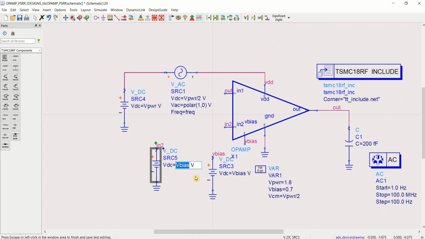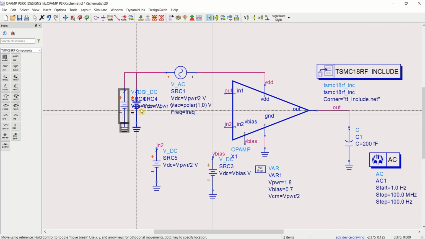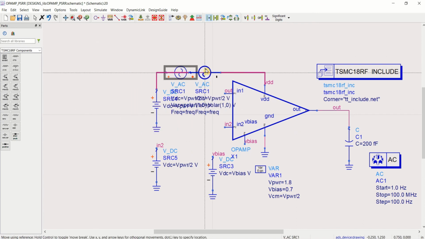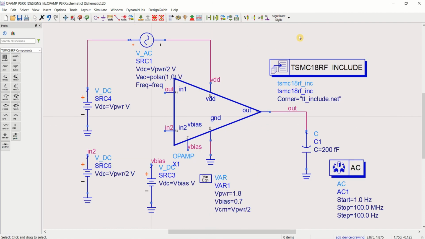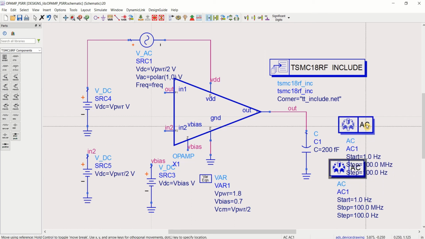This has to be V, half of the power, remaining no changes. Save the design, and you can perform the simulation again.